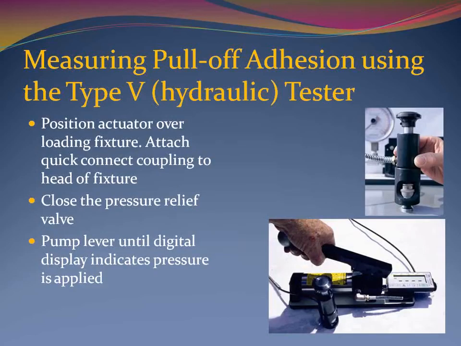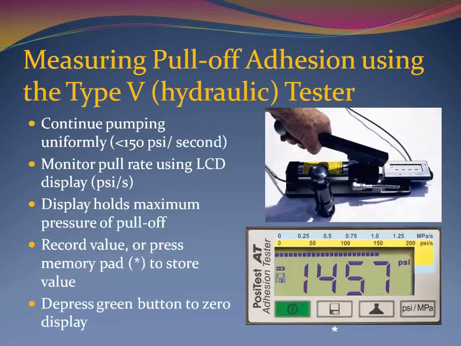Place the actuator assembly over the round head of the fixture and attach the quick connect coupling to the loading fixture. Close the pressure relief valve on the pump tightly. Begin pumping the lever above the cylinder until the pressure increases. Continue pumping at a uniform rate of no more than 150 psi per second until the actuator detaches the fixture